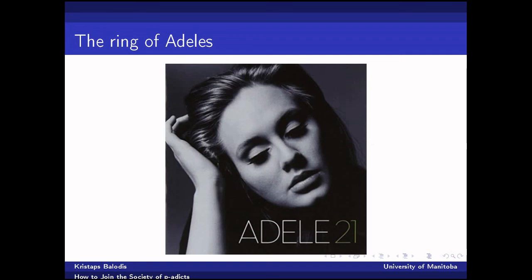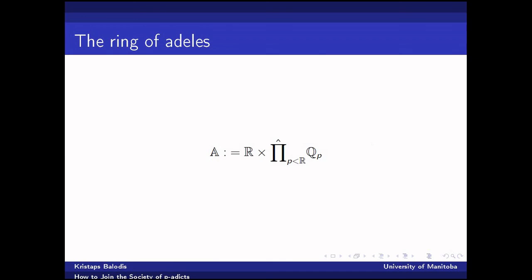Finally, it's time to talk about adeles. But not this Adele, we're talking about the ring of adeles. So the idea behind this is, well, we've got all these valuations, and so we consider all of these things going on separately, but why do that? Why not consider everything at once? So we take this ridiculous looking structure and we take the product over all the valuations. That is, we take the real numbers, which is the completion with respect to the Euclidean absolute value, and then we take this infinite product over all the p-adic numbers for finite primes p.